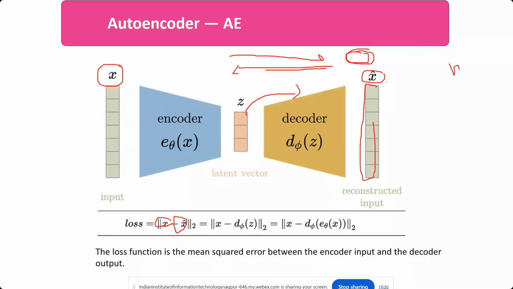Now I will tell you how it is used for denoising purposes. You are taking the image and adding noise to it, so you are making the image noisy, and from that noisy image you are generating the original image. Your loss compares your reconstructed image with the original image, and your main goal is to reconstruct the original image. This is how your model tries to denoise the image.